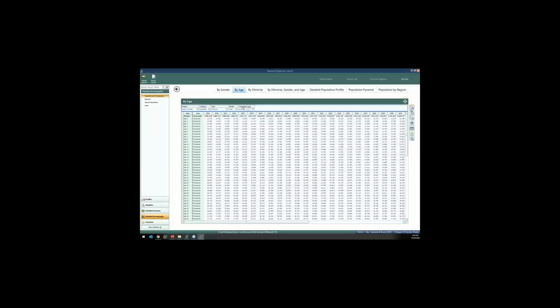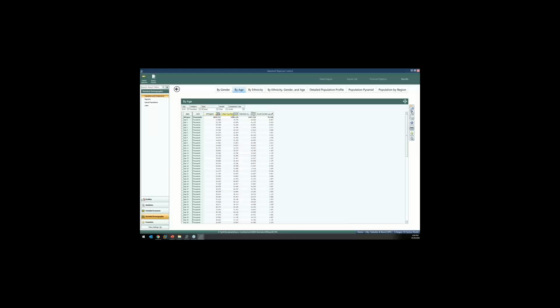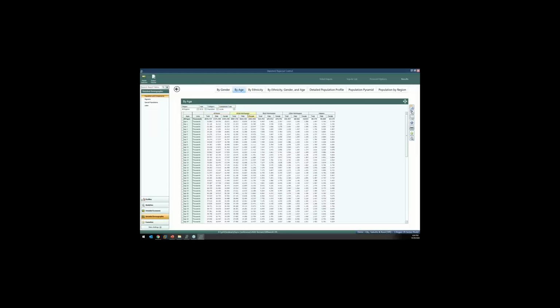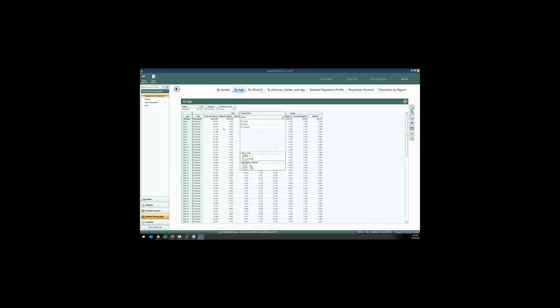Okay, here's what we did. We made it so you can drag these around to pivot them, which is a little bit easier than using the existing tools. It's a little bit more intuitive. You know, it's what you actually want to do. So you can do something like this, can move them around. We've added this right-click feature so that you can, if you want, remove that total. We can remove that total from there.